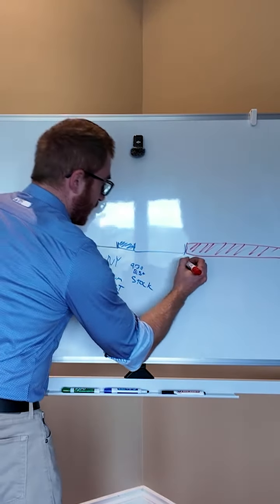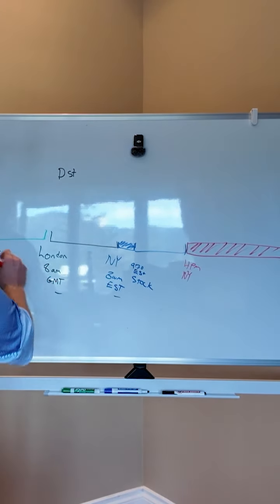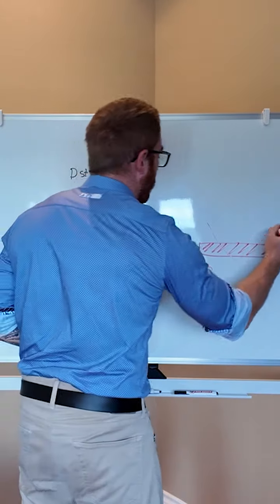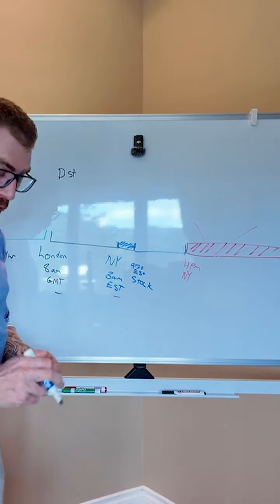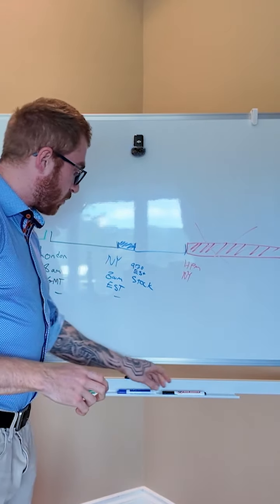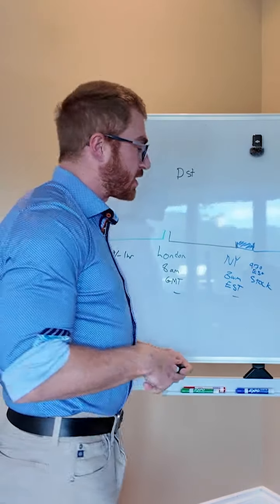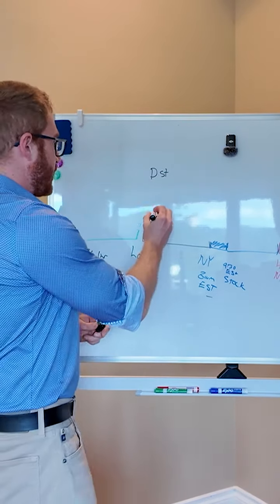So we have another session that is the one you want to avoid. So this is at 4 p.m. New York time until 9 a.m. Japan time, which is actually the no trade zone. We don't want to trade during that time because the spreads are going to get really wide, the liquidity is going to get really wide, and a lot of markets are actually untradeable at that time, and you can't close trades at all either.